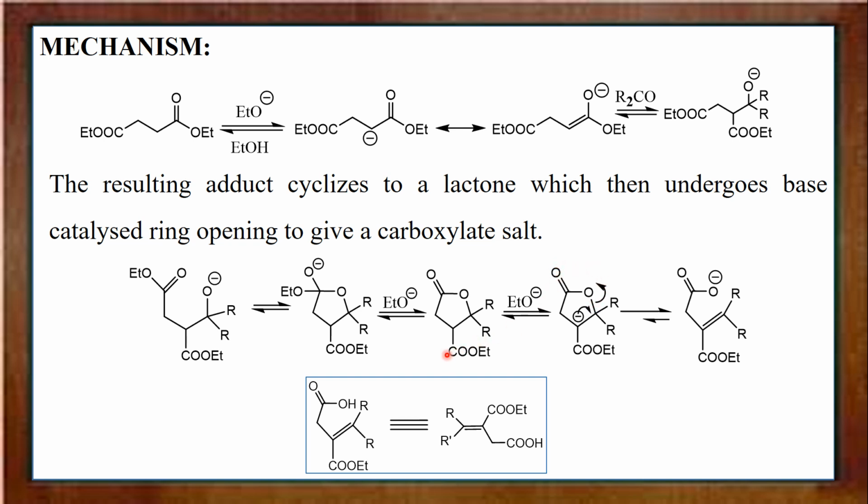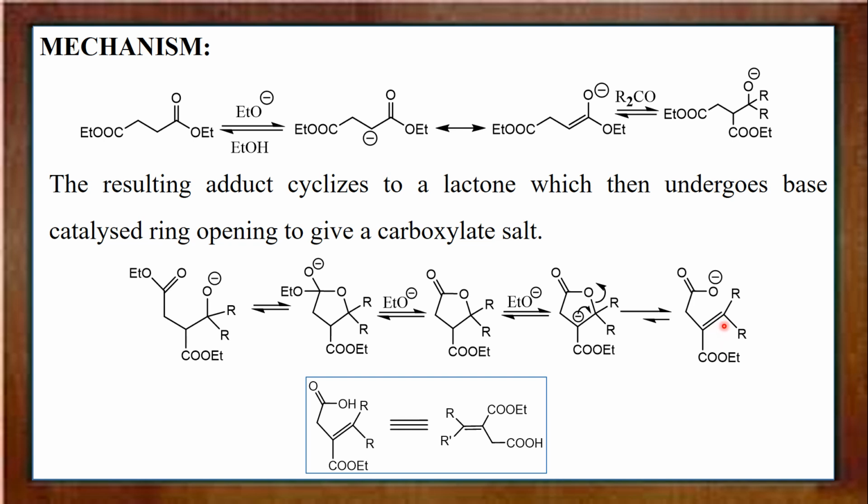So this is similar to an E2 elimination. The base removes a proton from here, and after the removal of the proton, you will have a negative charge. That negative charge makes a bond, and that pushes out the carboxylate. So H plus from here and O minus from here are removed by the strong base. Therefore this is an E2 elimination reaction. So by the E2 elimination we are ending up with an